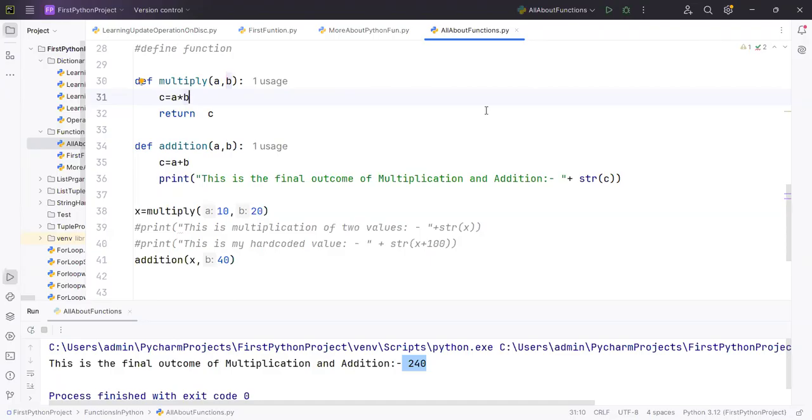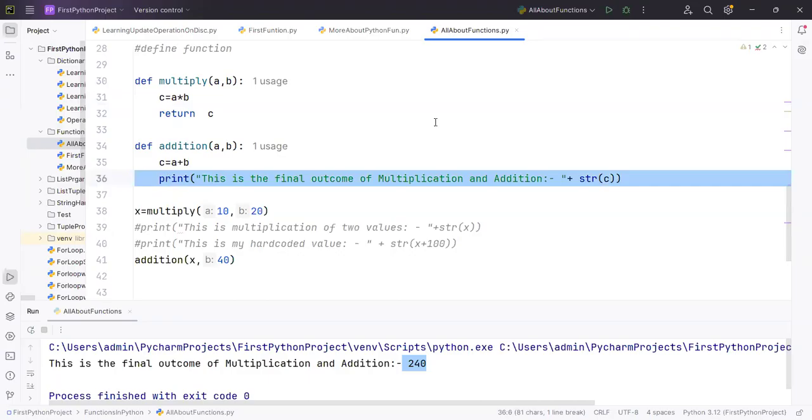Sir, in that line number 36 is the right print we have given, right? 36, okay. Yeah, string we have given C. Which C will it pick, above multiply one or the addition? No. See, again, I'm telling